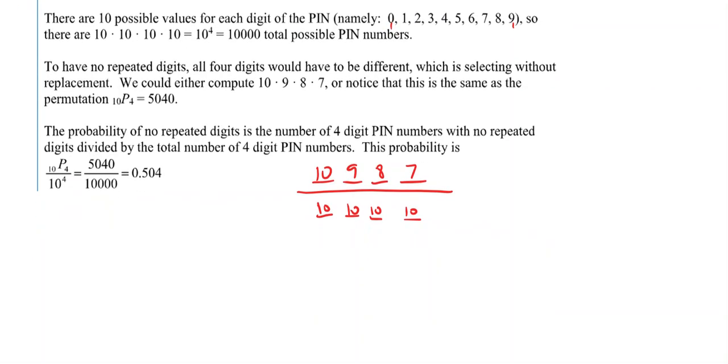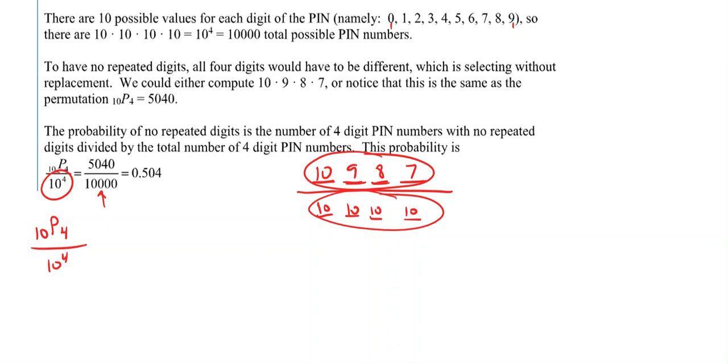And there are just different ways to write this. You can see over here that they wrote this as, of the 10 different digits to choose from, we're going to pick 4. That's the same thing as saying this: of the 10, we're going to have 4 spaces. So 10P4. We'll leave it like that. And then on the bottom, you can write 10 times 10 times 10 times 10, which would just be 10 to the power of 4. And then putting those numbers in, you end up with